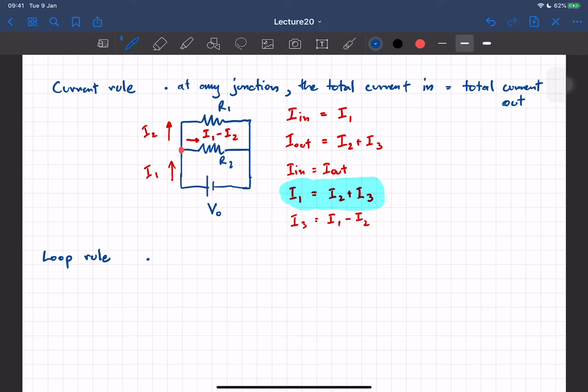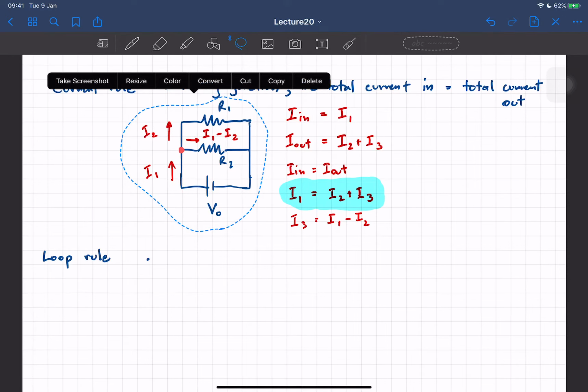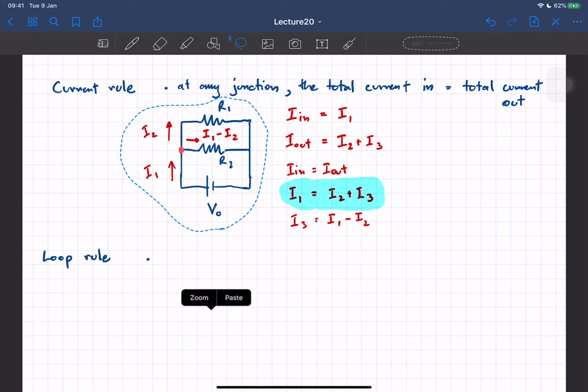So the current rule and the loop rule, in total, make Kirchhoff's rules complete. So you're going to use the two in conjunction. Now we're going to apply the loop rule. So how do we do that? Well, now that the currents are written, we can pick